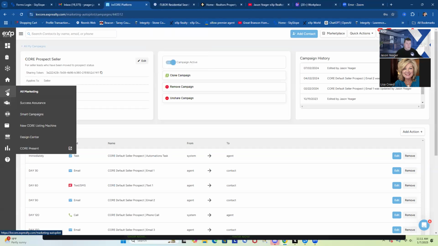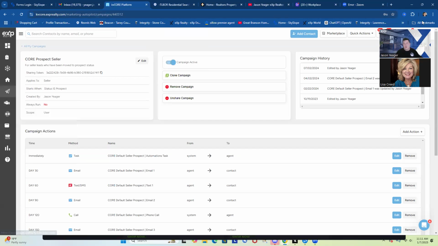So let's start here with the marketing. Over here, we've got, I'm sorry, lead engine tools. All lead engine tools. We're going to build a squeeze page, not a landing page. Now, let me show you this. On your default